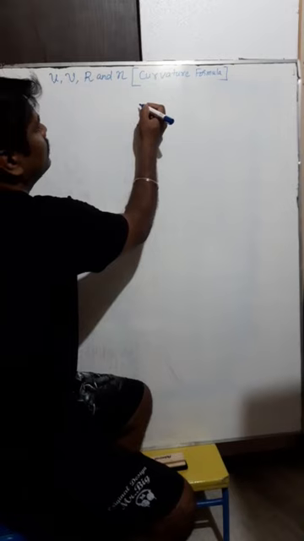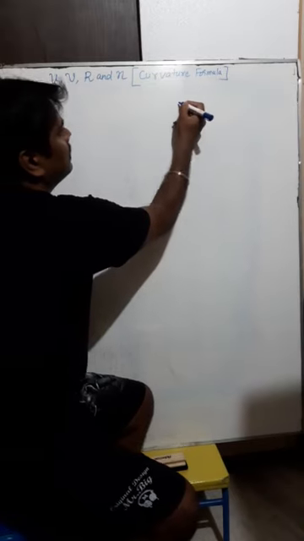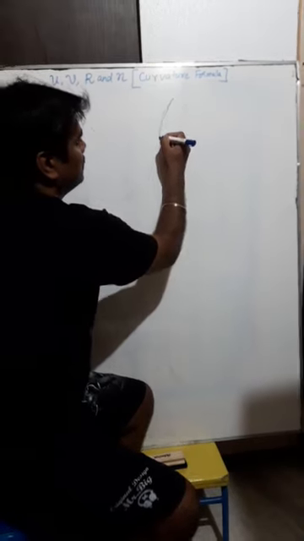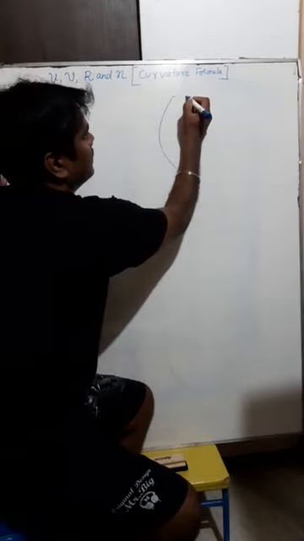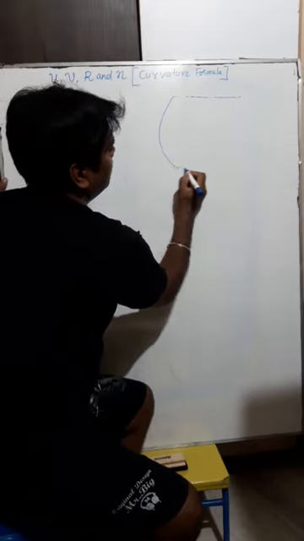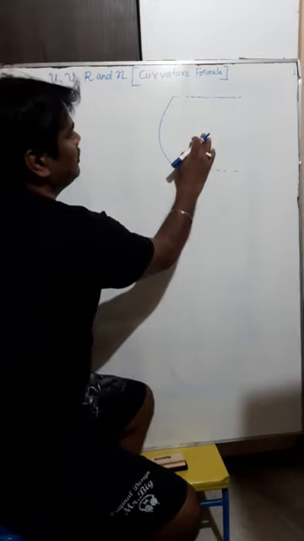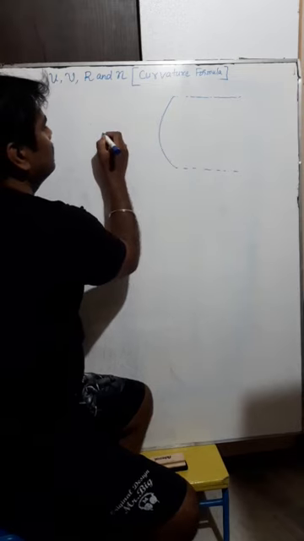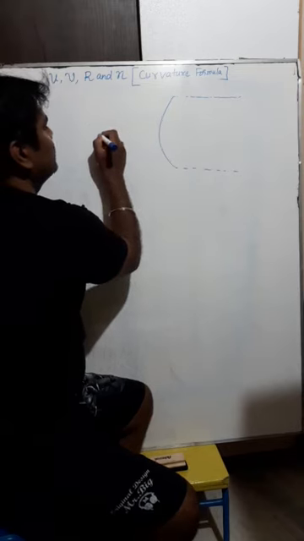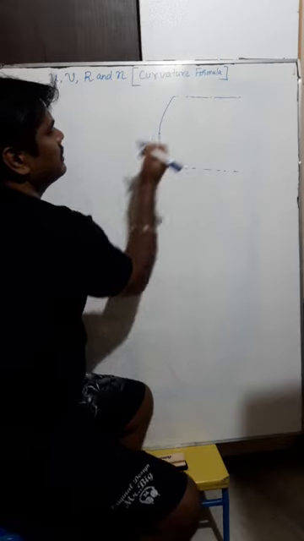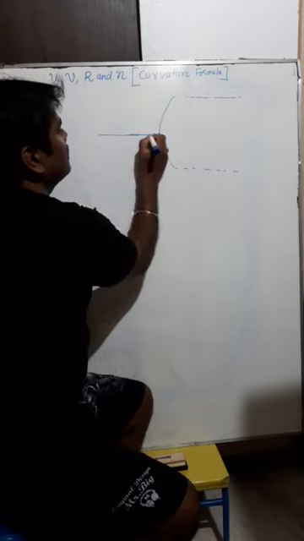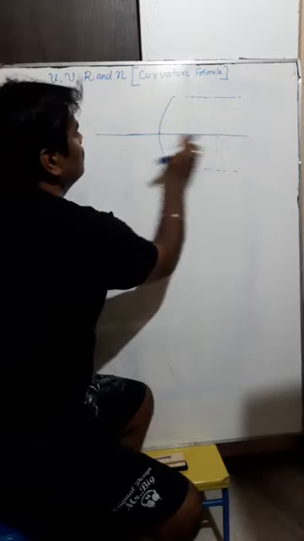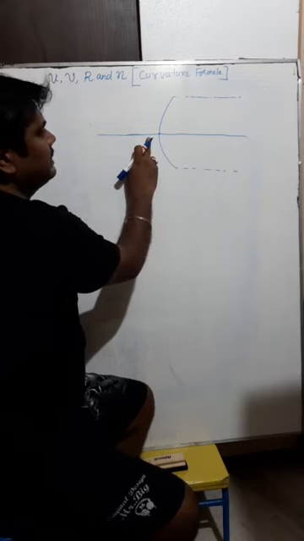To derive this curvature formula, let us consider a curved surface. Say this is the curved surface. In this curved surface, one side is considered a denser media, and this one is the rarer media. Now let us draw a straight line passing through the center. The center of this curved surface, let us consider as the pole. This straight line passing through the pole is treated as the principal axis.